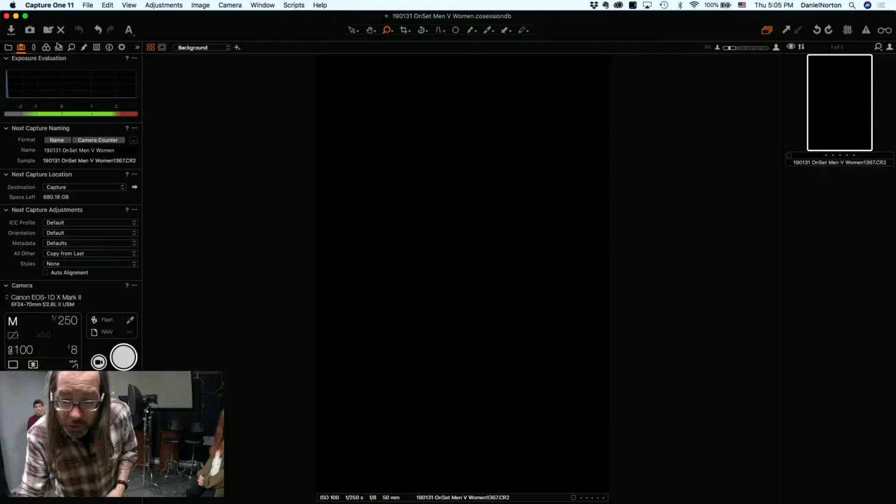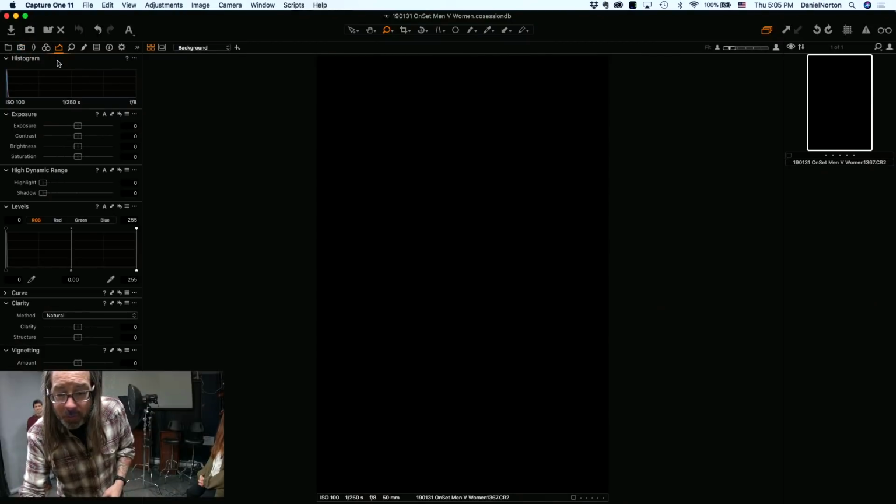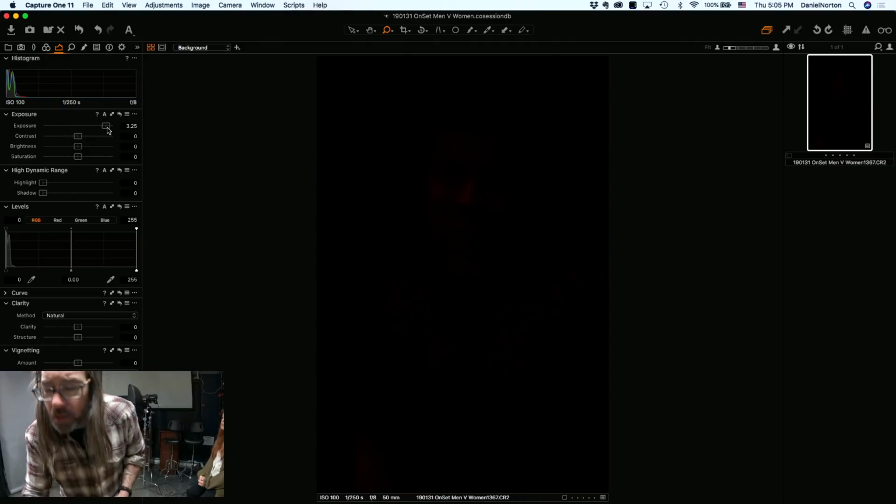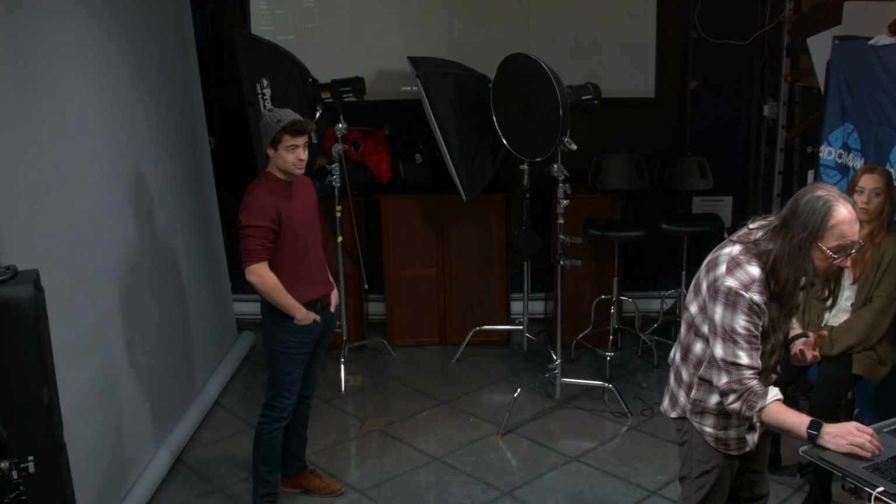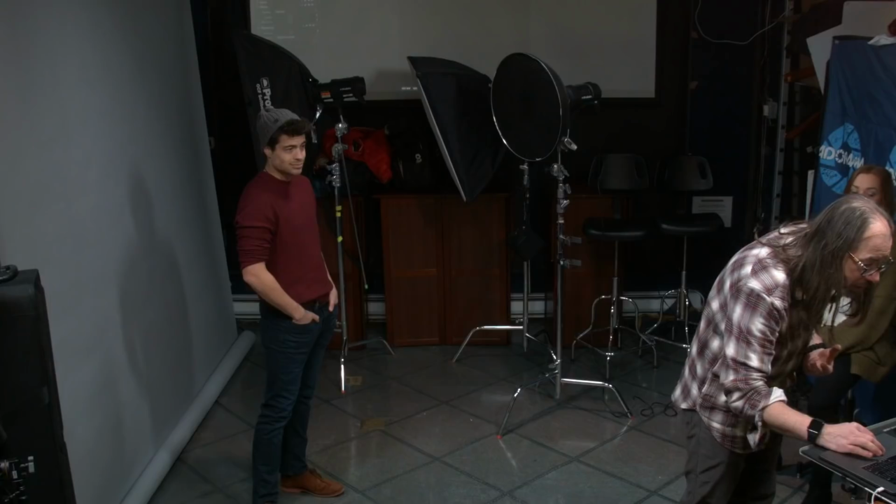If you want to be extra super certain, by the way, I am in Capture One. I am going to grab the exposure slider and pull it over until I can see him appear magically. Where is he? There he is. All right. We're about 3.25 stops underexposed. That's pretty good. You don't want to be just a little underexposed because just in case in post, if you want to,